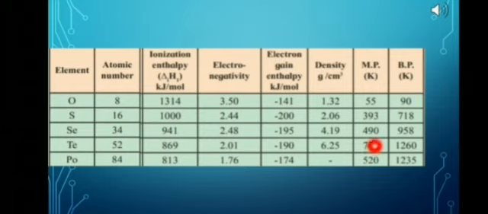This is because polonium possesses lower melting point and boiling point than tellurium due to the inert pair effect. This inert pair effect is maximum in polonium due to more nuclear charge. The s electrons of polonium are less readily available as compared to tellurium. Therefore, the intermolecular van der Waals forces are weaker in polonium and consequently it has low melting point and boiling point as compared to tellurium. So, this is the reason.